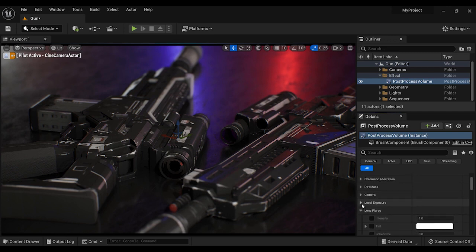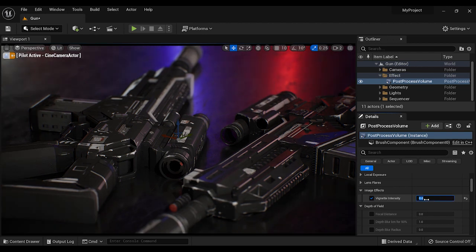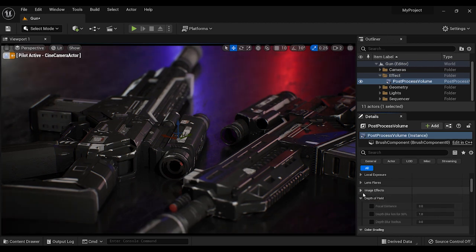Okay, let's continue. The next effect that I'm going to add to this render is vignette. I always use this effect and I recommend you to use it, and I always set it on 0.6 because the result is super realistic. Okay, just look at the difference. Yeah. Okay, now let's jump to the other